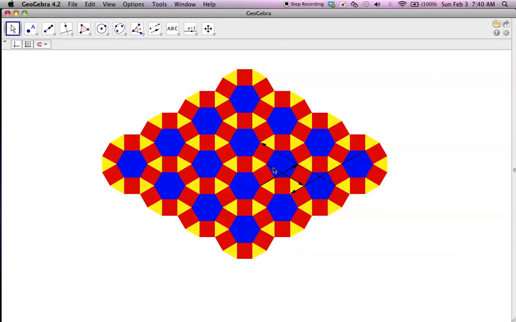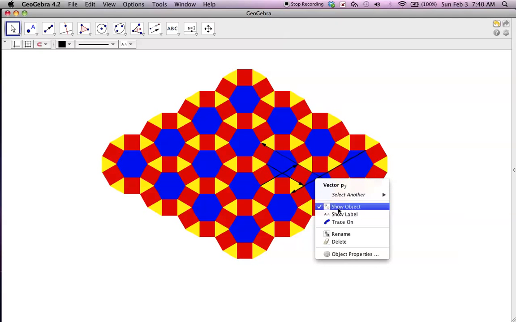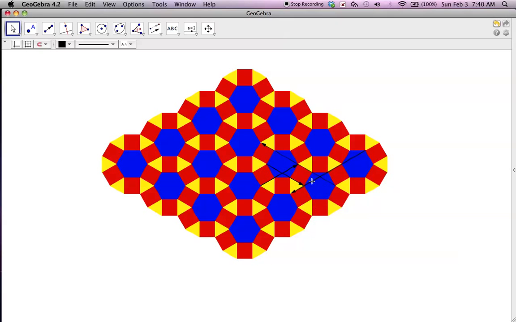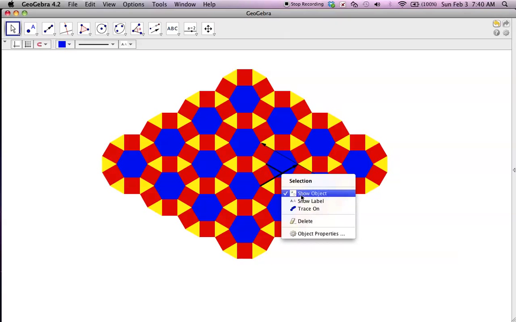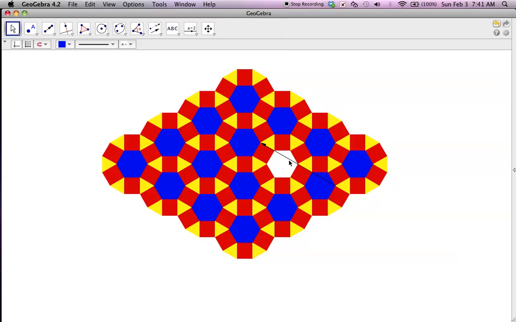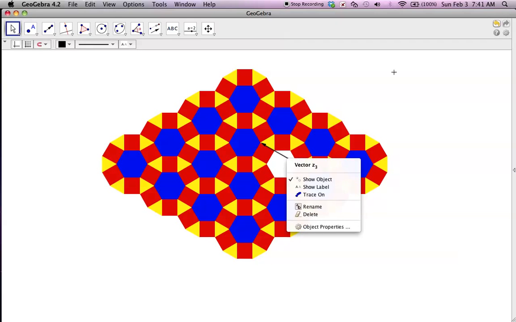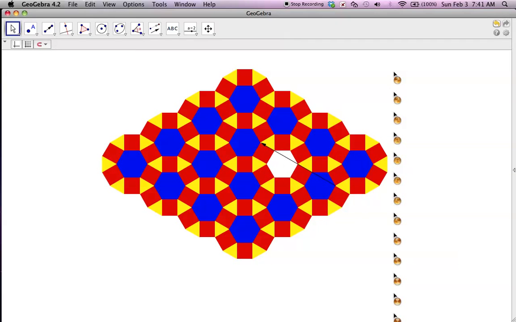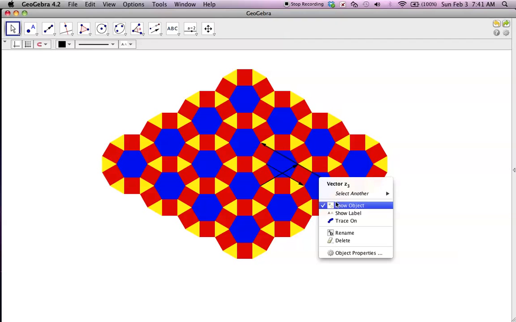The vectors still seem to be there though. There's only a couple vectors, so I'm going to select those manually. And then you can right click and go and hide the object. So I can hide object. Okay, now I want to undo that. I made a mistake. Actually, let me undo. Okay. So just getting rid of these vectors here. You click on them and right